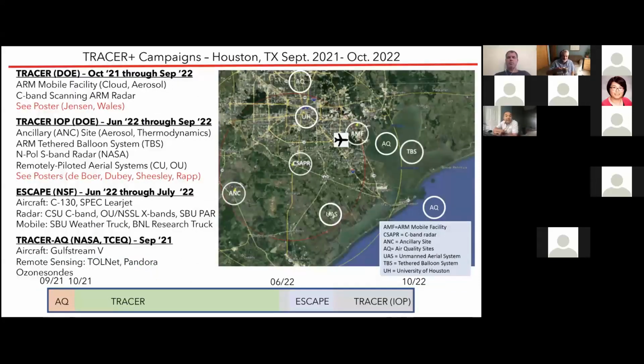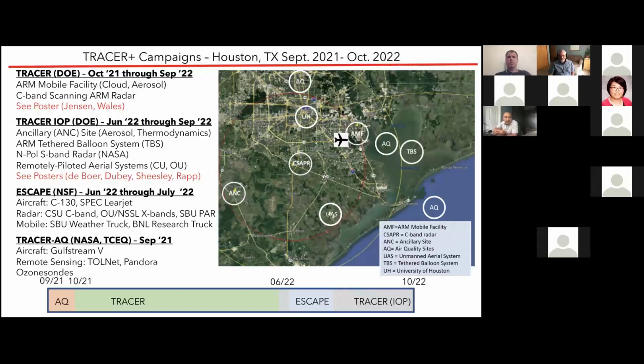So Tracer is funded by ARM, it's an ARM field campaign, but clearly I think it should be named Tracer Plus, because NASA, NSF, and other agencies have also put in resources to understand things in the Houston area. So this is the overall map of the region, and I cannot really put the cursor, but you can see, maybe Qian can show the upper part. It shows the Houston city area where the things are, and where the cursor is, that's where the AMF is